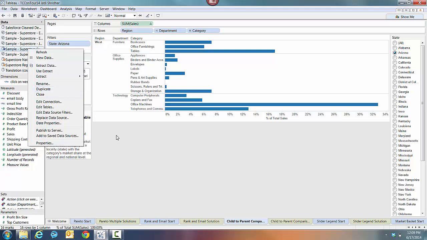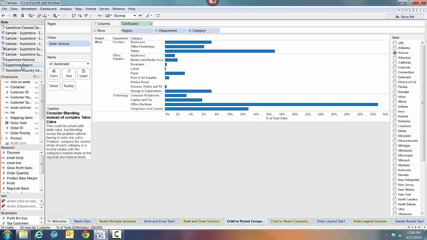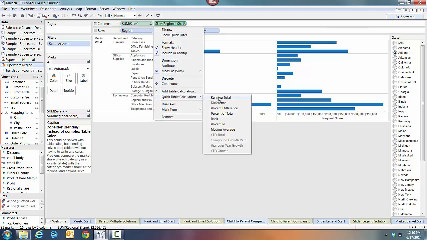So what I mean by that is once you duplicate it, so now let's say if I want the percentage of sales for region as well, what I need to do is make sure that my region is selected, right? My department and my category are selected as well because I have them on the view. All these three need to be selected. But what I'm going to do is make sure that my state is not selected. And then now when I bring in my sales over here, and let's call it percentage of total,